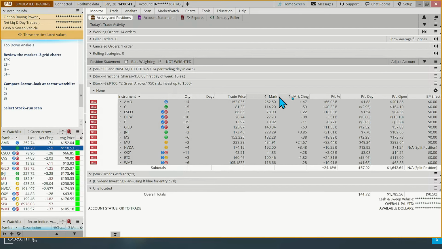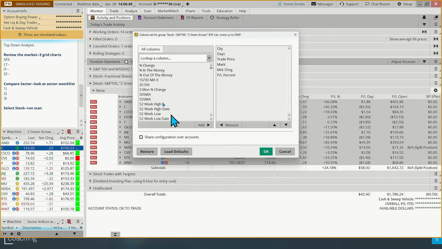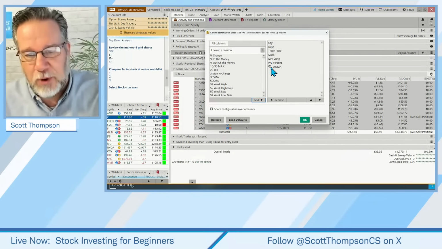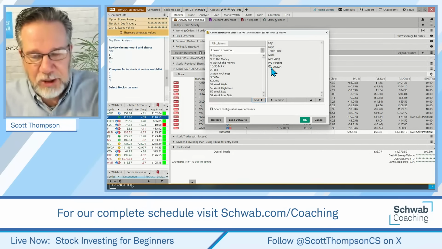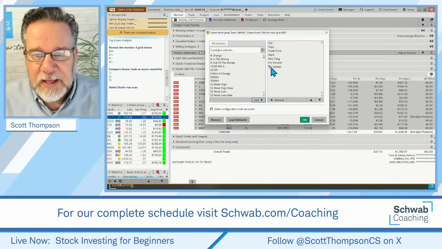But to add anything to the columns here, you click on this little gear, and you can have all of these different things in there. And what I did is I created this column header called 50 SMA. And if I add that over here, what this does is basically a really simple script. And Mike Fairborn on Thursdays does a ThinkScript webcast every week. And we have a whole bunch of different methods to use there. If you want to go learn more about ThinkScripting, go see Mike over there on Thursdays.